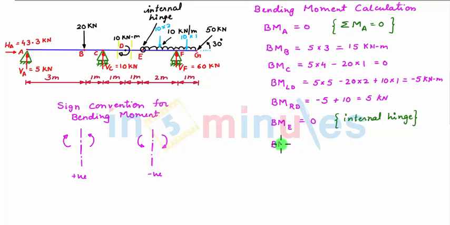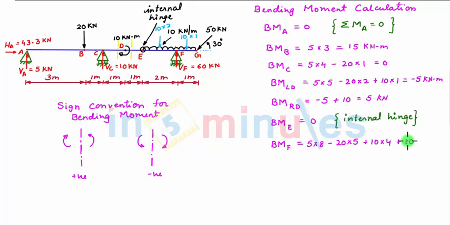So bending moment at point F is equal to, considering the same left hand side of section, we have first a clockwise moment caused due to this 5 kN force acting at a distance of 8 meter. So 5 into 8. Next an anti-clockwise moment caused due to this downward 20 kN force acting at a distance of 5 meter. So we have minus 20 into 5. Then there is a clockwise moment caused due to this vertical support reaction Vc of 10 kN acting at a distance of 4 meter. So plus 10 into 4. Then there is a clockwise moment of 10 kN meter.